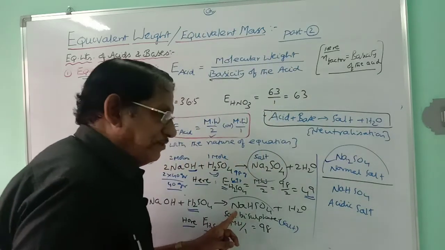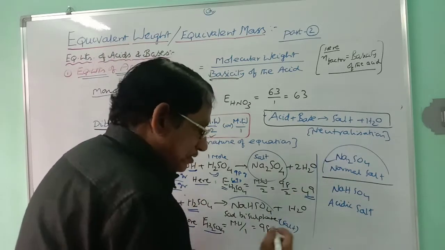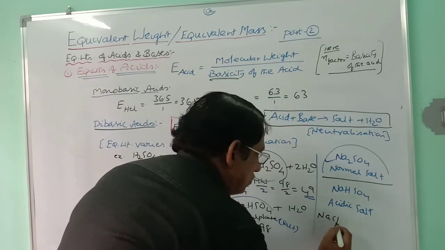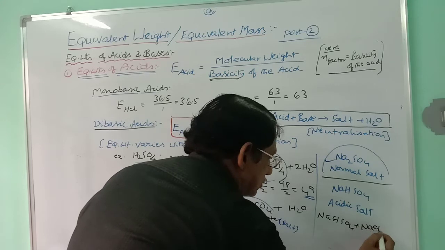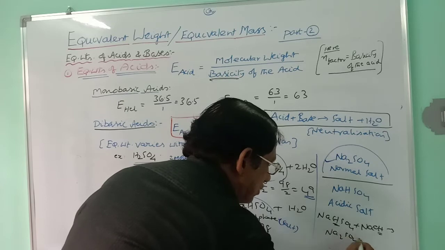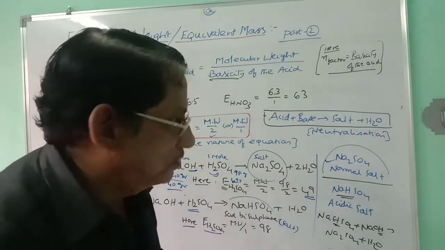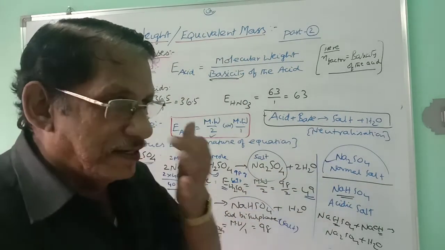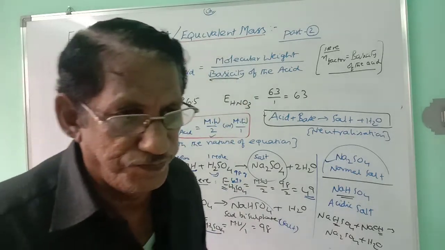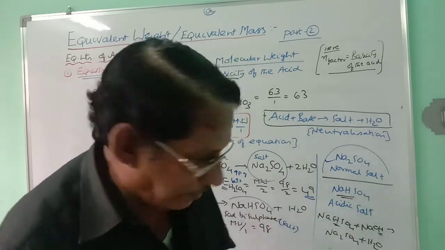In the case of sodium bisulfate, this salt still has the hydrogen ion of the sulfuric acid part. When sodium bisulfate is made to react with sodium hydroxide, what happens here? This H is replaced by OH, and so you will get Na2SO4 plus H2O. Still this salt has replaceable hydrogen, that means this salt is an acidic salt. In that way, you will have salts from acids. Those salts may be normal salts, from complete neutralization. If it is partial neutralization, that salt will become an acidic salt. This is the best understanding for this.